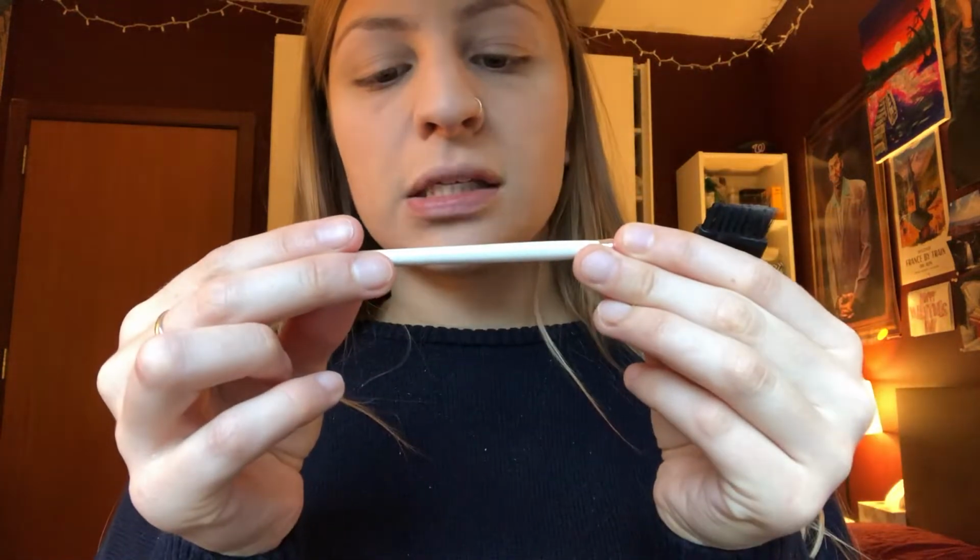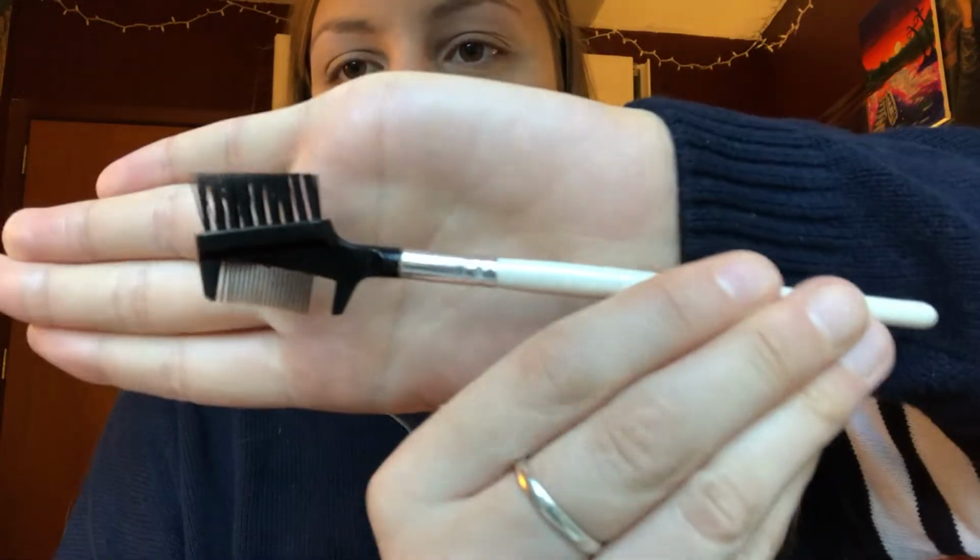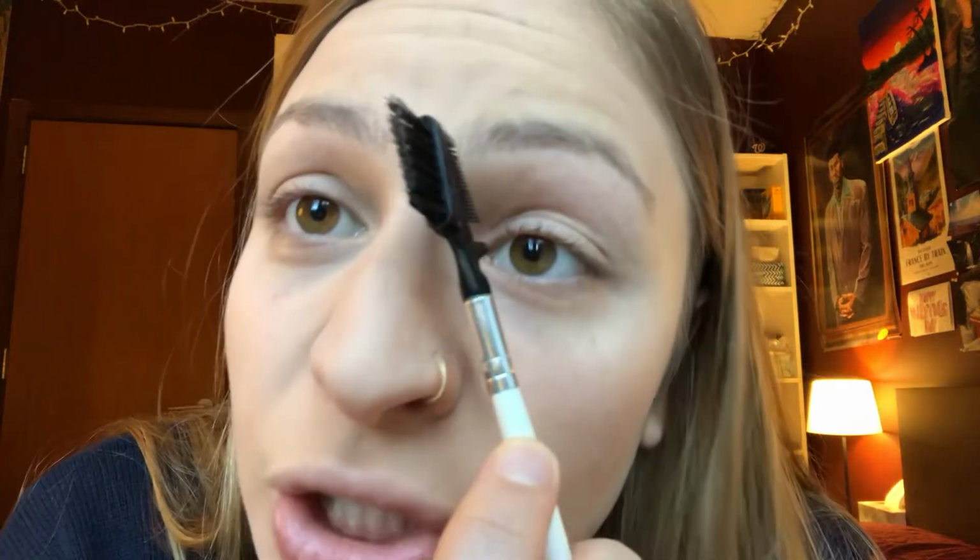Now that I am press powdered out, I am going to do brows. I'm taking my e.l.f. Cosmetics brow comb and brush, and I'm just brushing through my brows. I just think this helps to make sure you see where your brows really lie naturally. So let me tell you guys, I definitely have my fair share of overdrawing in my past, and it's not